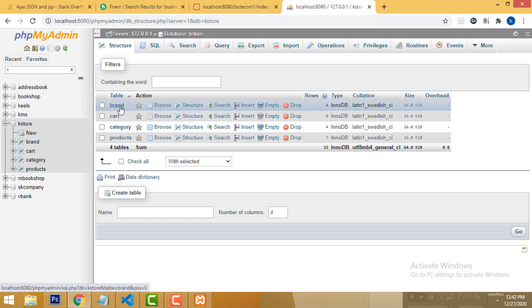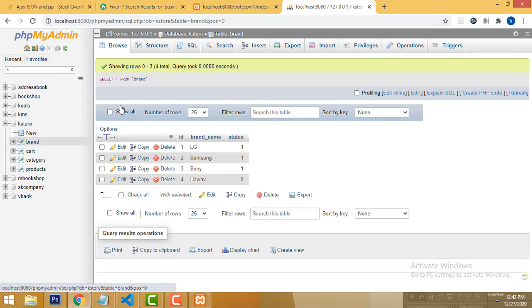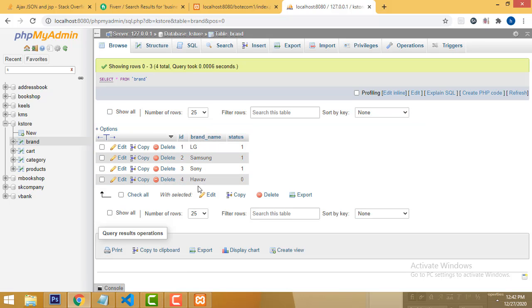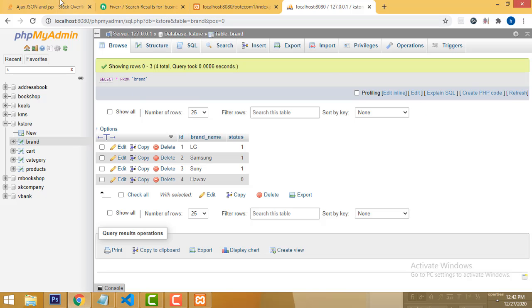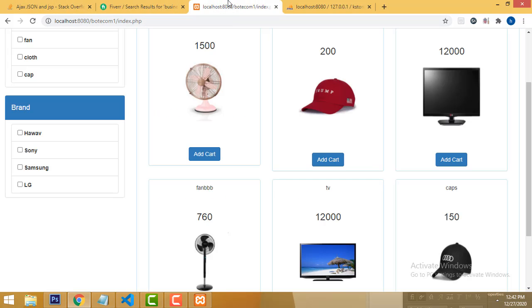Now here this one should be brand. So here brand category, right? These are the brands we have to display. Okay, this is all the brands we have to display. So you can check here the brand. Here, right? But select the brand. So here you can check here,